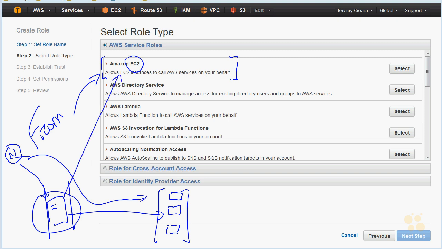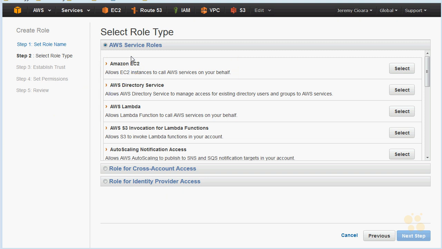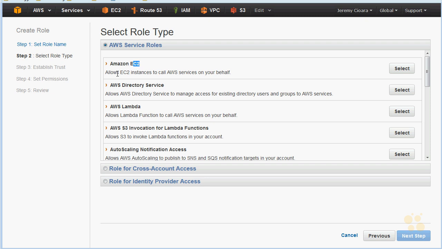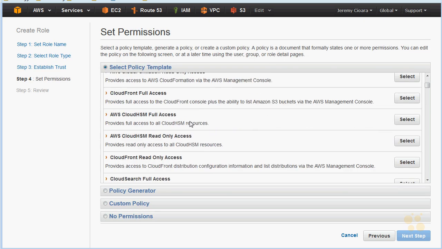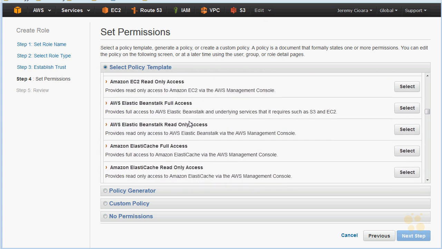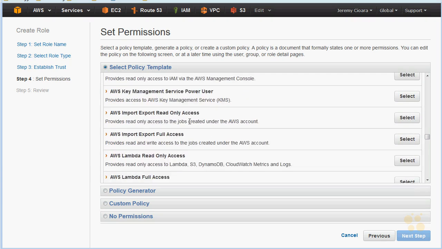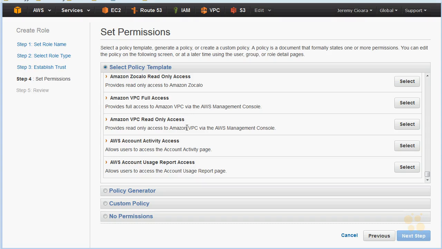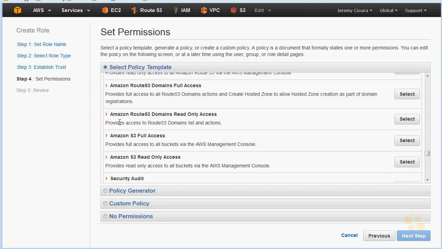Again, I'm getting into concepts. They're so easy to fall into, but this is the from. So I'm saying to this EC2 instance, and now notice, EC2 is saying this allows the EC2 instance to call AWS services on your behalf. So that says, okay, if I say yeah, that's the role, then it's going to say, okay, what do you want to grant that EC2 access to? Notice, look at all this stuff, right? All this stuff that I can say that EC2 instance has access to,